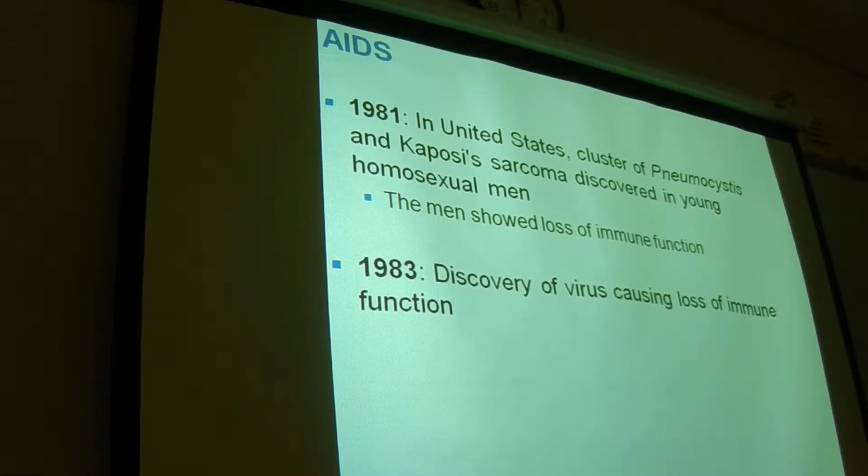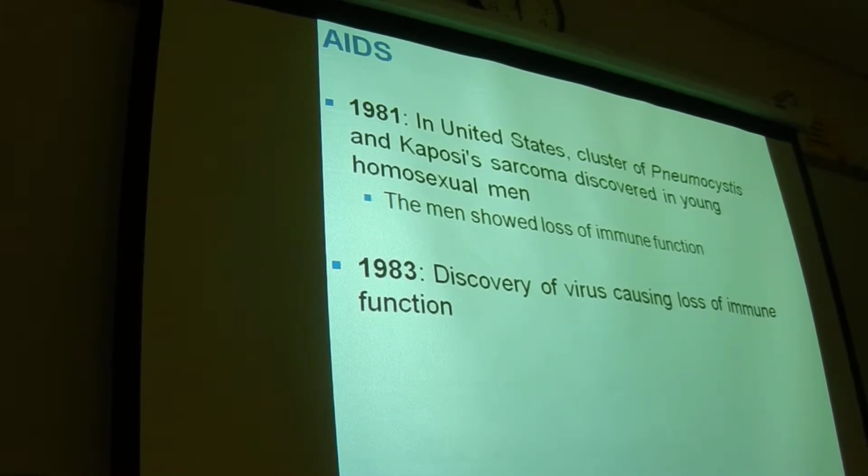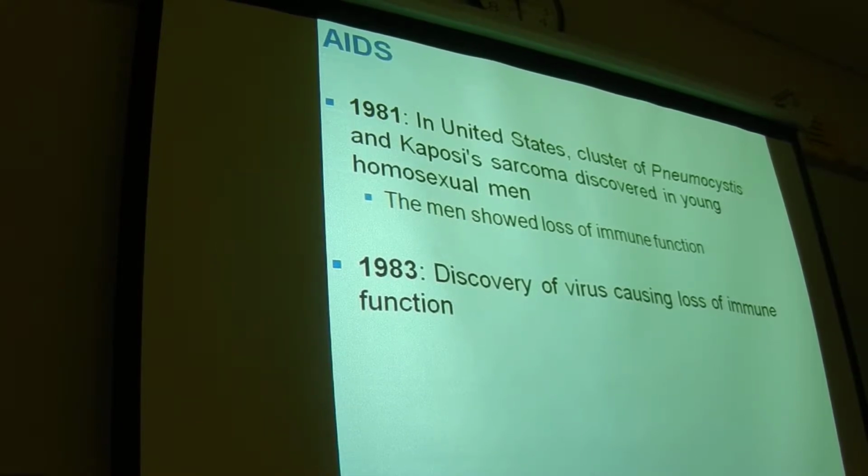Okay, in 1981 is when it really started becoming pronounced in the US for the first time. The way they noticed it was that there were various cancers and bacterial infections that typically don't occur at high frequencies and don't cause death in people, were starting to cause these things. They were starting to cause death, and they were starting to see a spike in these types of infections in young homosexual men. Okay, so this was the first sign that there was something going around, and it appeared to be sexually transmitted.